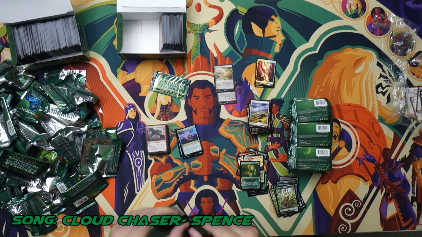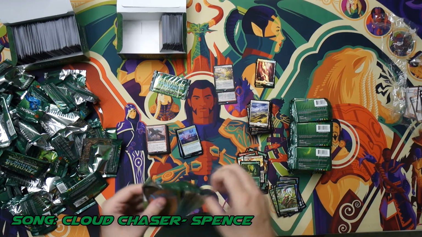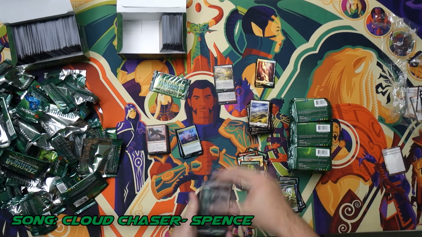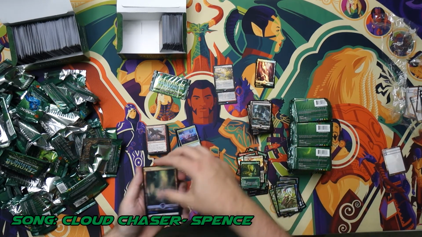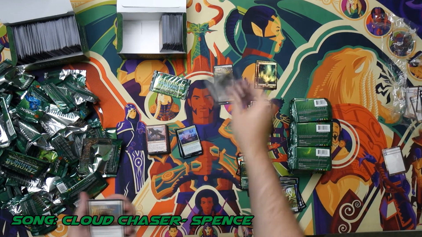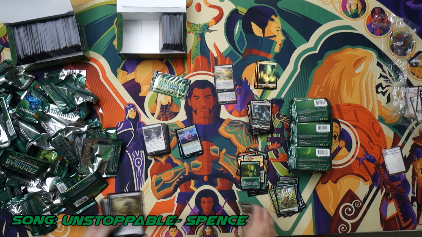First pack doesn't want to open. Look at that foil in the first pack, and it's a really cool swap. In a Maul of the Skyclaves. That's a pretty cool card. Clear, Relic Axe,